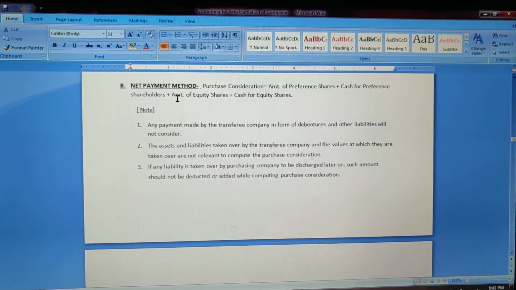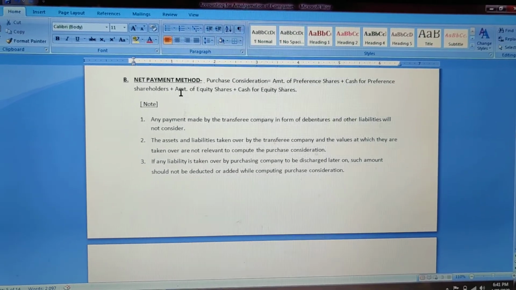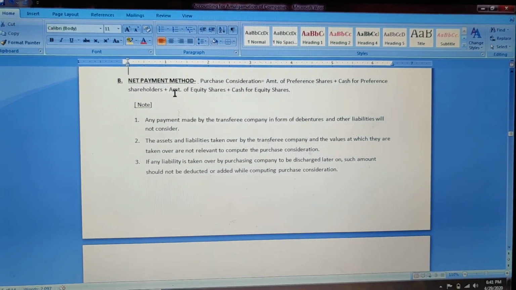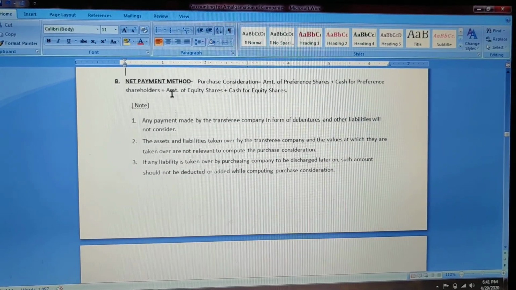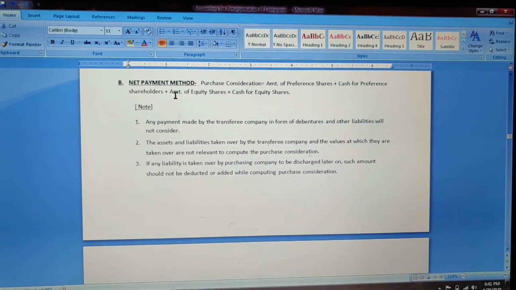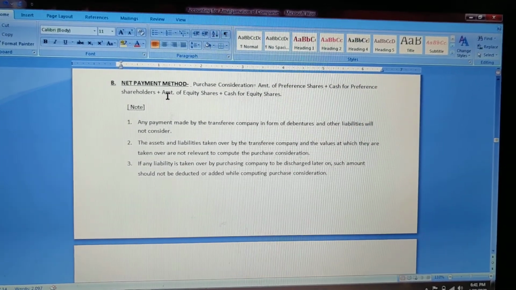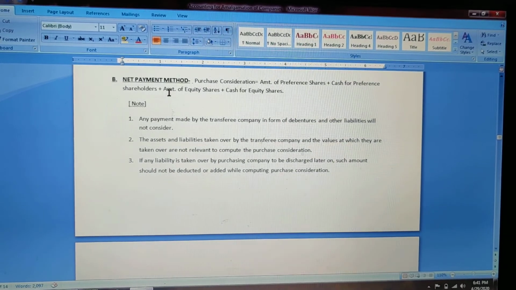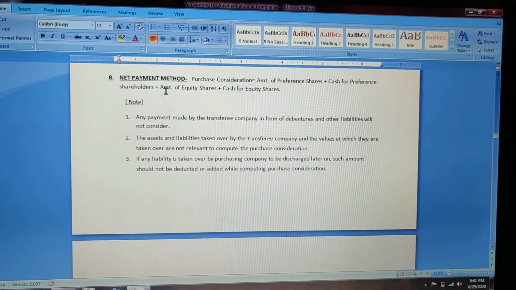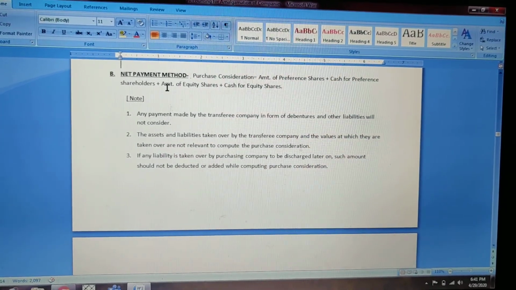Like it might be given that the purchasing company discharges the transfer company's liability by this amount. So you don't have to take that in your purchase consideration. You just have to take the preference shares, the amount of equity shares, and cash that will be given to both of them. Okay, so